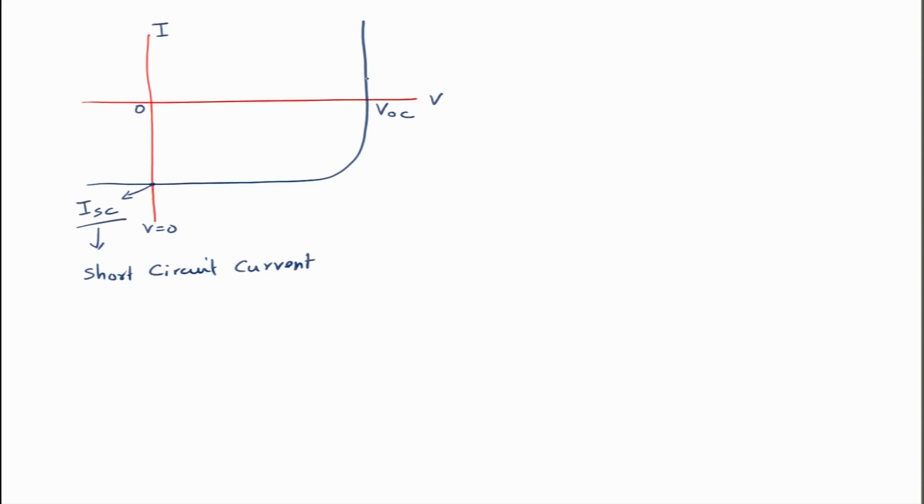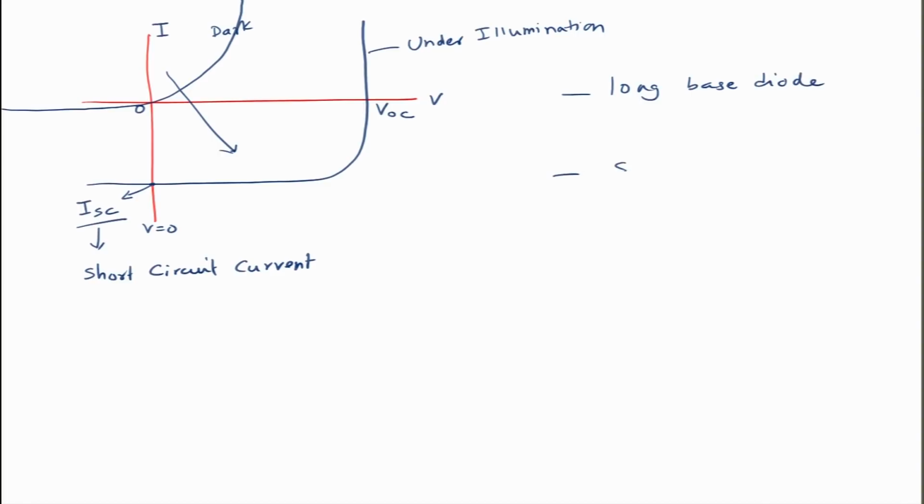it suddenly starts increasing. So, within dark, for a dark solar cell, you should obtain characteristics like these, and this shifts to fourth quadrant when the solar cell is under illumination. So, this would be under dark and this is under illumination. And we also looked at the operation under two assumptions. One was long base diode and another was short base diode.